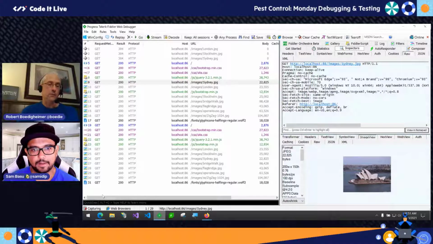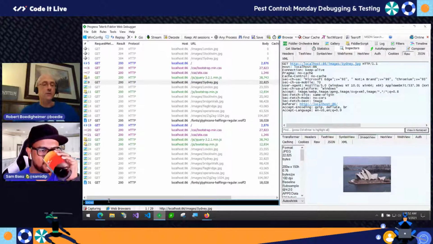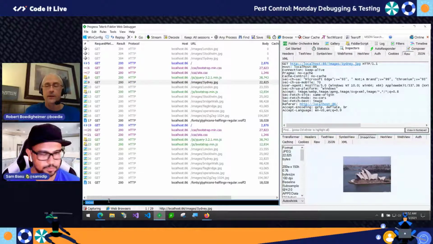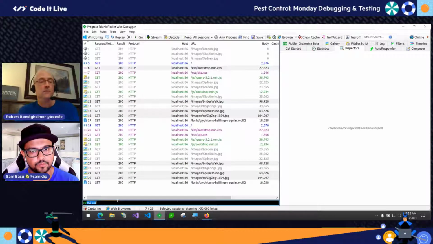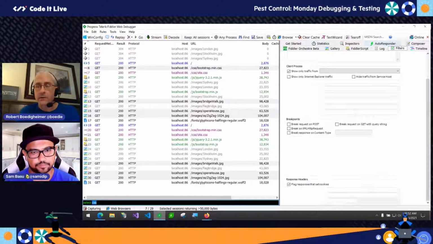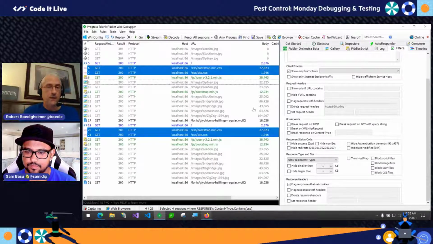Some of the other cool things, we talked about the command line down here. If you liked using command lines, there's a whole bunch of things I can do. So I'm just saying I want to see every session that's greater than 50,000 bytes. So I can quickly identify. I can also select. Can you do that with the filter as well? Yes. So I can come into filters and specify right here. You can hide stuff. I want to select all of the CSS files. So I just type select CSS, which is kind of cool.